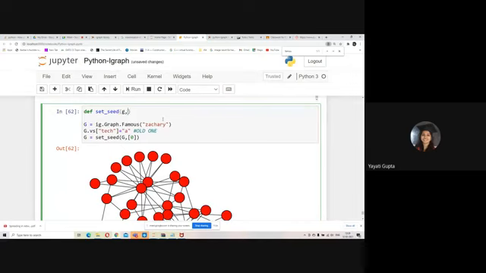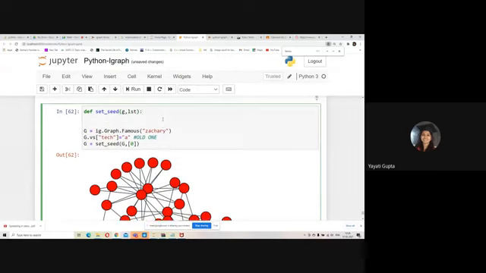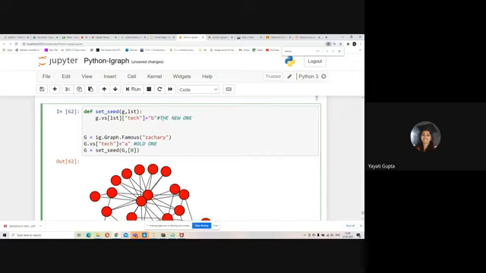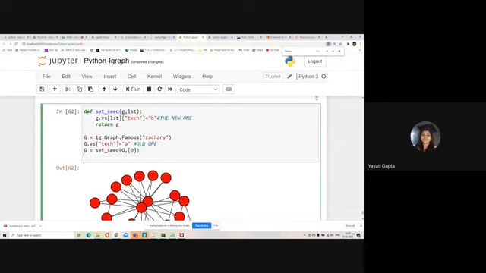It will take a graph G as an argument and a list. This list can have more than one node also. As of now, we are just starting with a seed having only one node. For all the nodes in this seed list, their technology should change to B, the new one. Then return this graph G here. So now my seed is set.